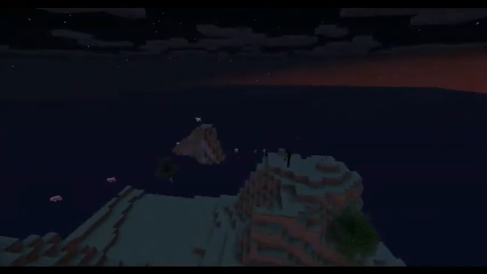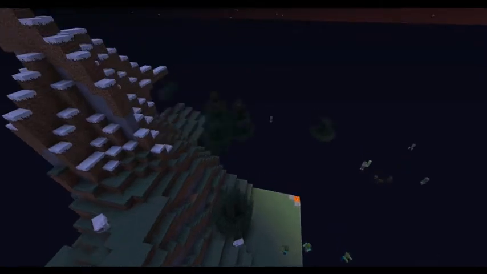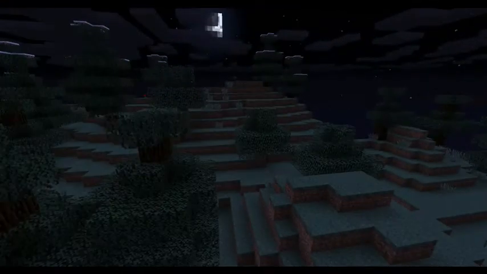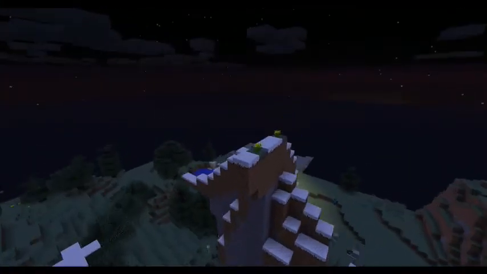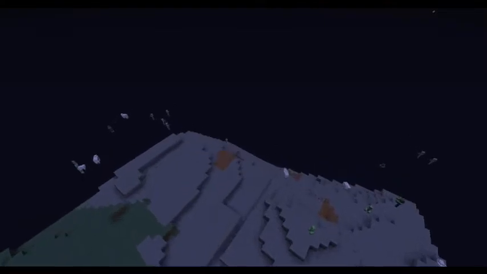They have a lot more stone in them, as well as having the ability to spawn spruce trees in them. You wouldn't normally get this on a normal Extreme Hills, but the Extreme Hills Plus has spruce trees, and they have snow, and they are a lot more stone than dirt, unlike normal Extreme Hills. As you can tell, there's just giant slabs of stone. And on the subject of mountains,